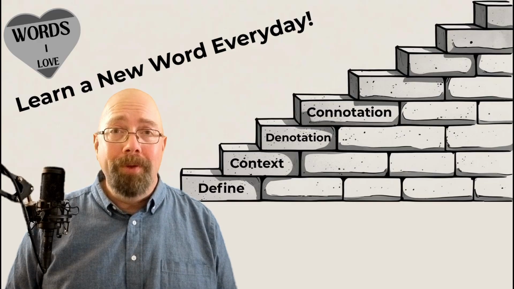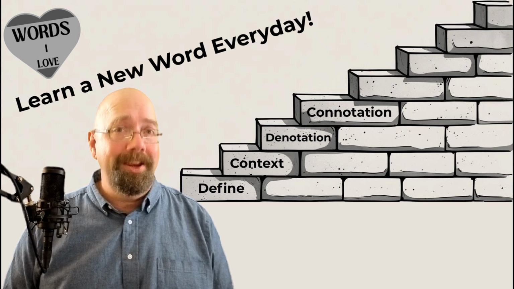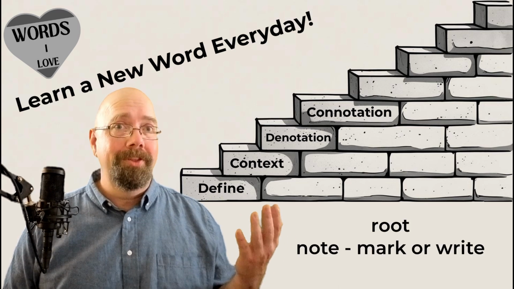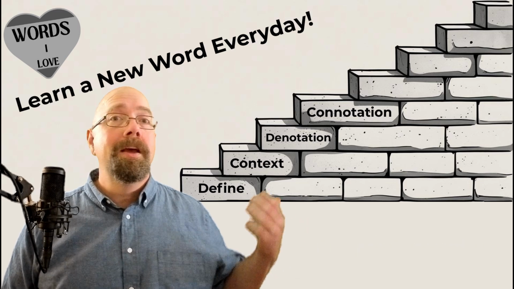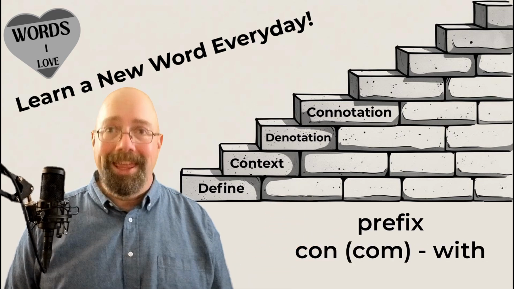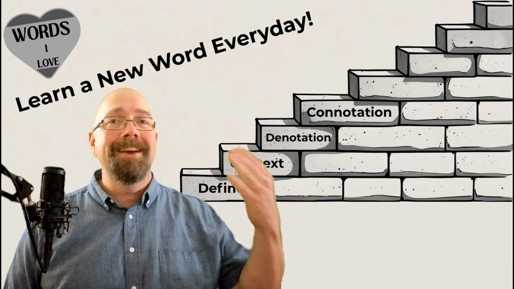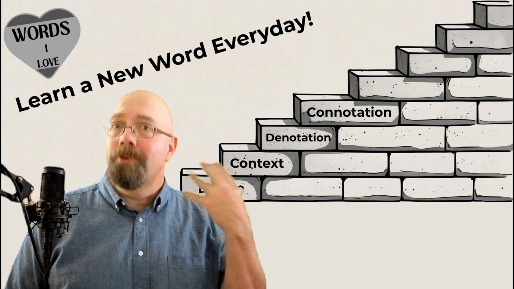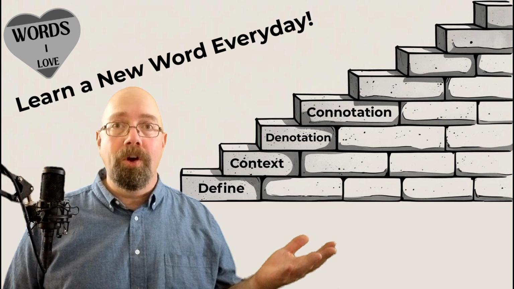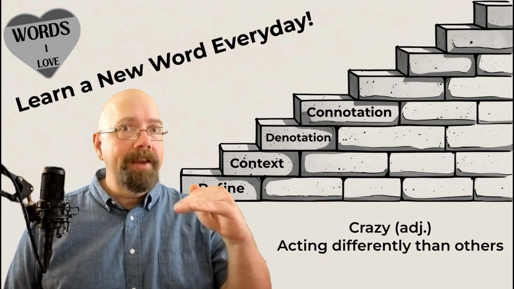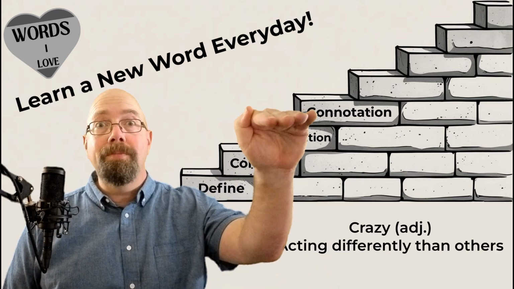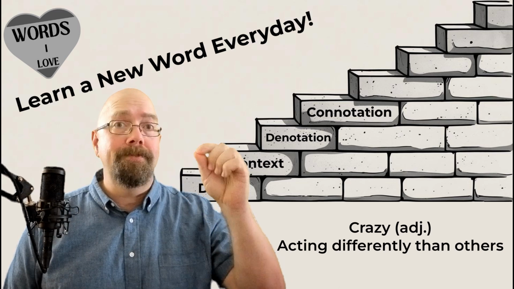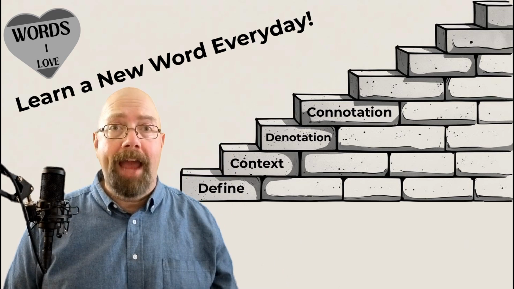The next word we will talk about is connotation. Break it down. Notation, we know, is the thing that we write down. Con, we know, is with. With the definition of a word come the feelings that that word also brings about. Let's take two words. Crazy. Crazy means someone does something and I think that is strange. I don't like it. It is different than the way other people act.